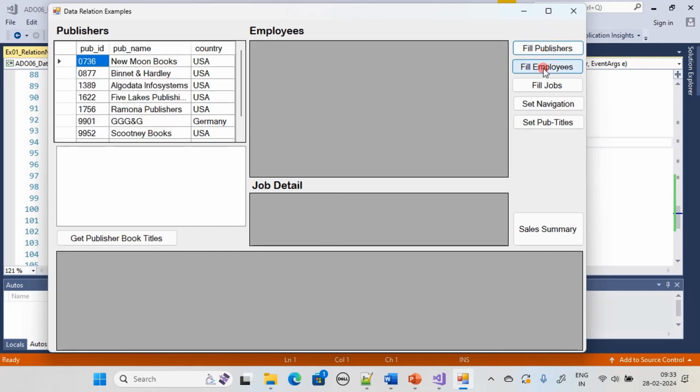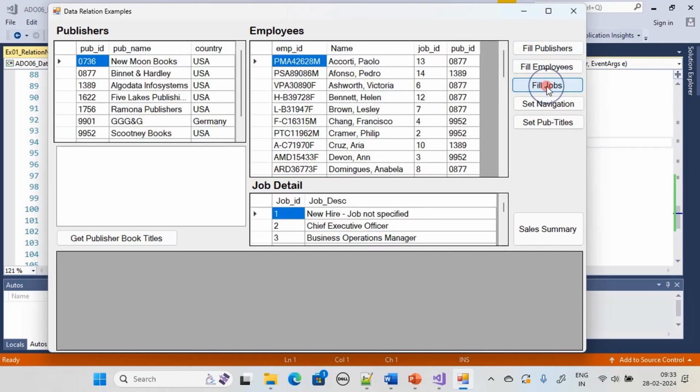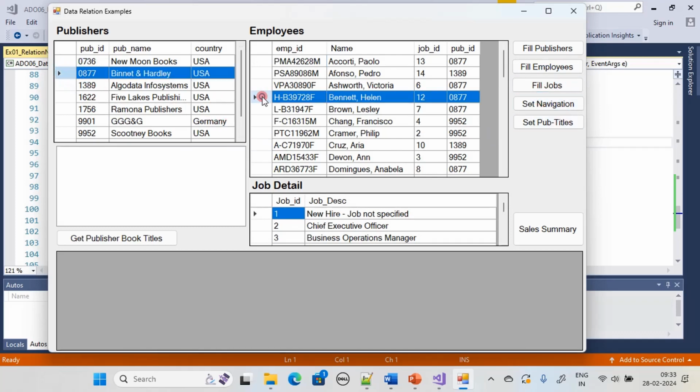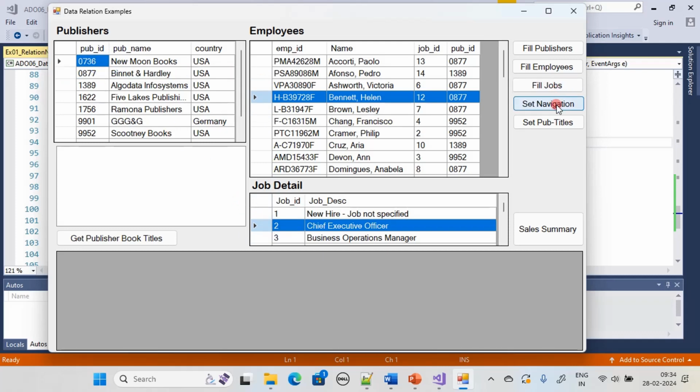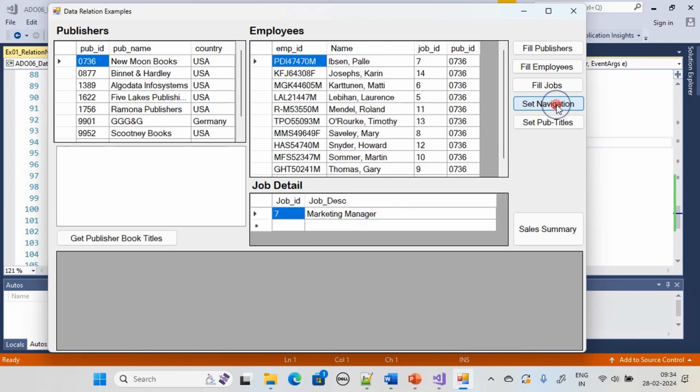So first we fill publisher, employees, jobs, and at this moment if you see there is no navigation relation, but once you set the data relation object and set it to the data set, we will end up in setting up the automatic filtering. So let me create two data relation and add it to the data set object. So I clicked that, and if you see,